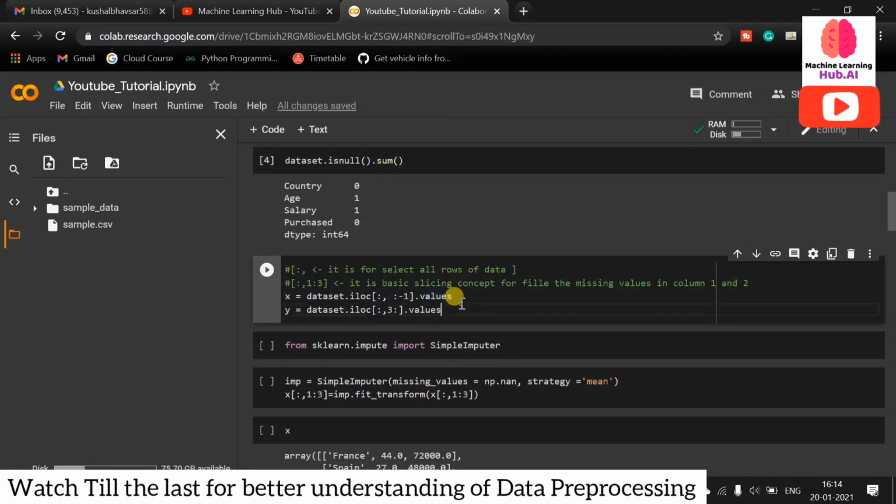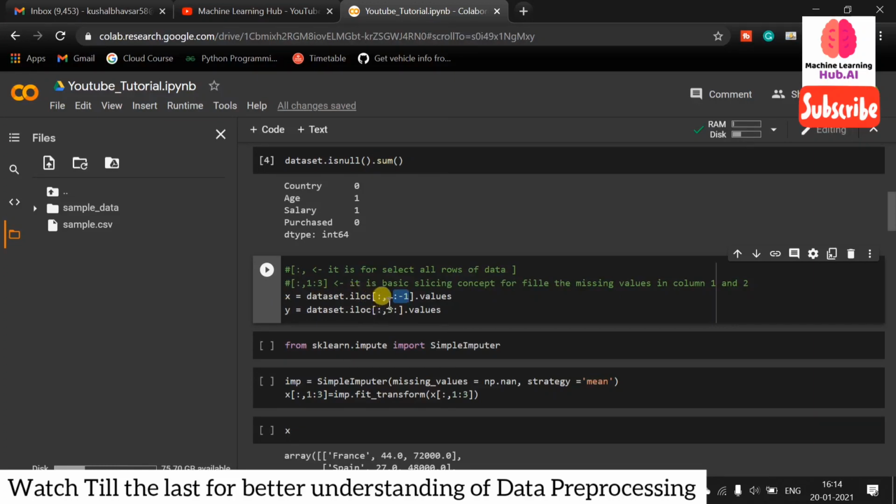So dataset dot iloc. Our original dataset is located in the dataset variable, dataset dot iloc. Now we need to do slicing here. So what does slicing mean? First of all, the part before the comma represents the rows, and the part after the comma, on the right side, represents the columns.